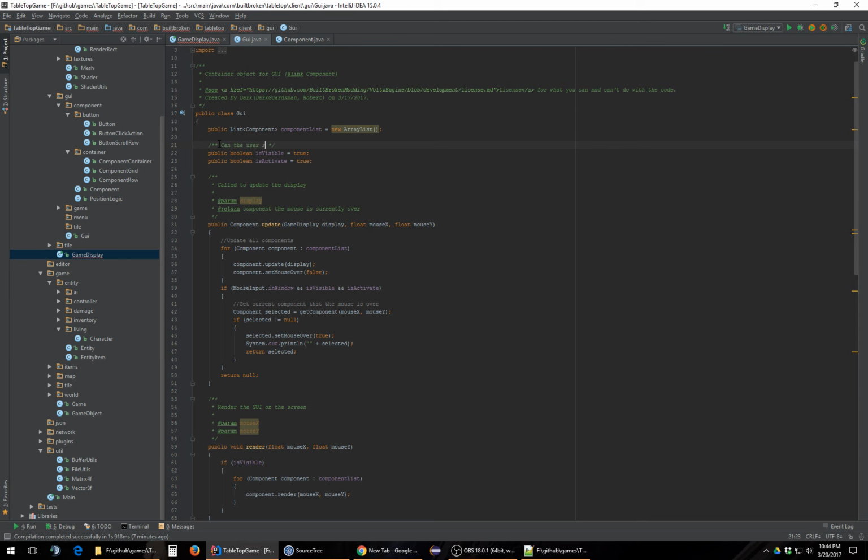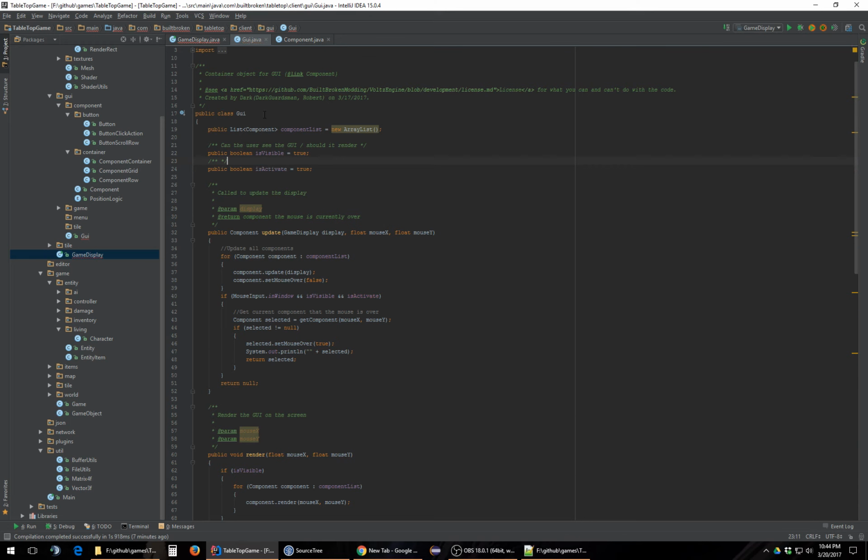Can the user see the GUI, should it render? Can the user use the GUI? So if we set is active to false, then you can see the render of the GUI. It might be grayed out or something depending on how you want to do the render code,